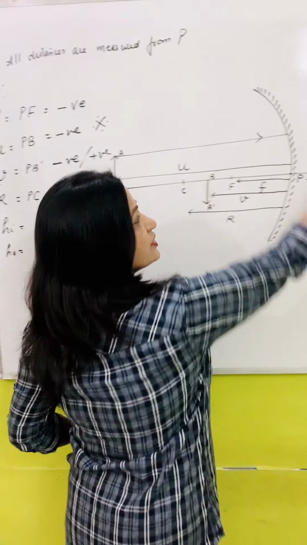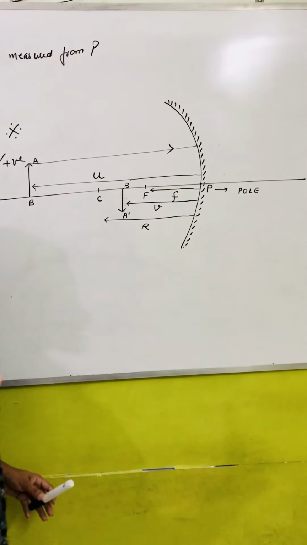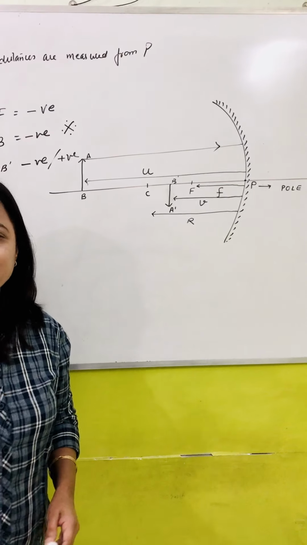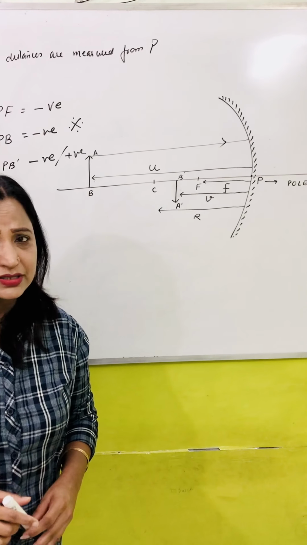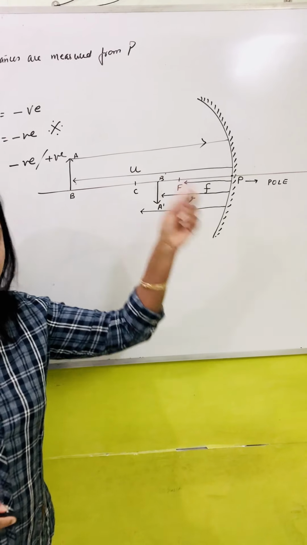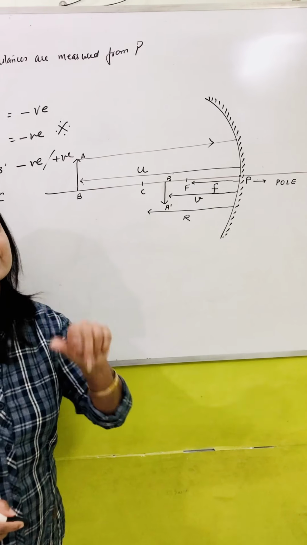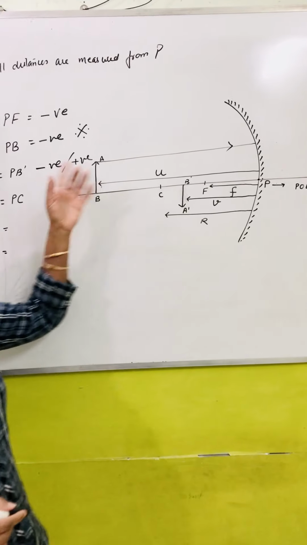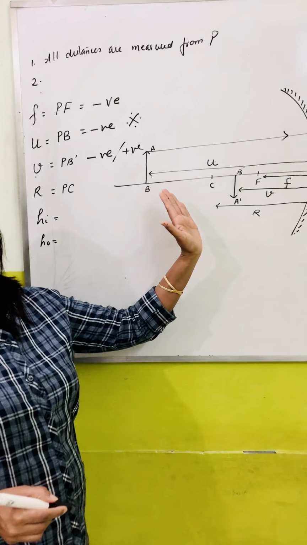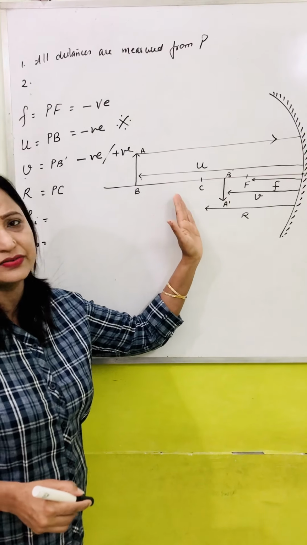In case of the image which is on the right-hand side, the last case, when you take the object between focus and the pole. In that case, you get a virtual image, which is behind the mirror. So in that case, our image distance will become positive. Otherwise, for a concave mirror, all the images are on the left-hand side. So image distance will be negative.